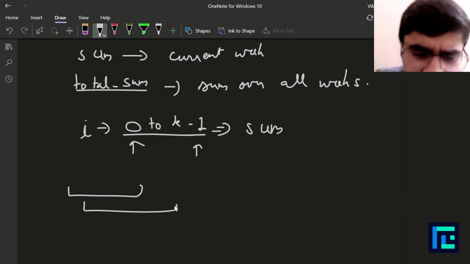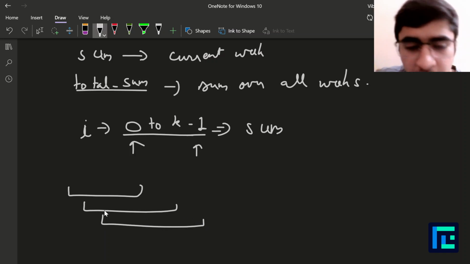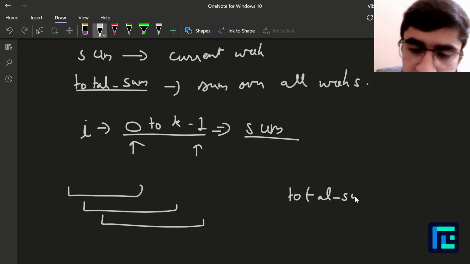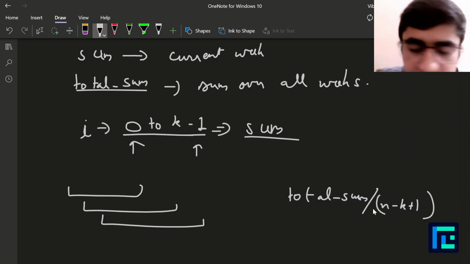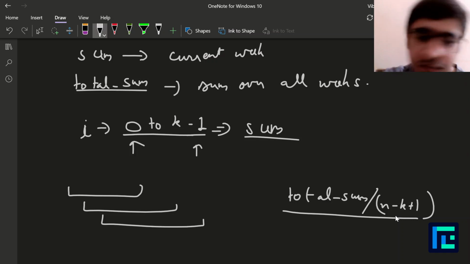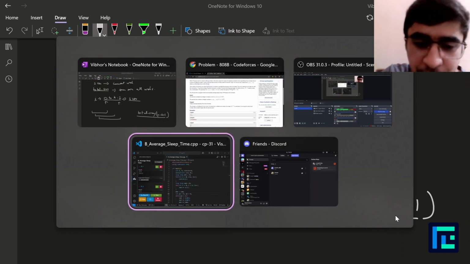How will we do it? We can look at it through the code itself. Basically, we'll move our window forward. We will add sum into our total sum for each of the windows, and then in the end, we'll do total sum upon n minus k plus 1, and this will form our answer, right? Now there will be some implementation details in this solution because we have to handle overflows of integers, and we have to handle precision till 10 raised to 6, right? So the problem has more to do with how you write the code than the actual logic of solving. So I think we'll just move on to the code and try to understand how we are solving